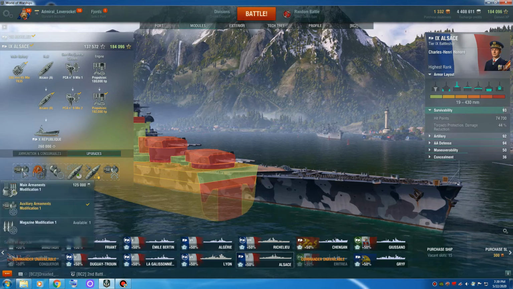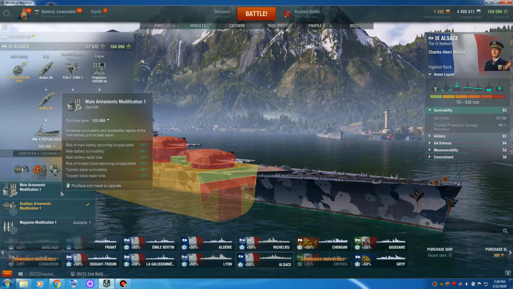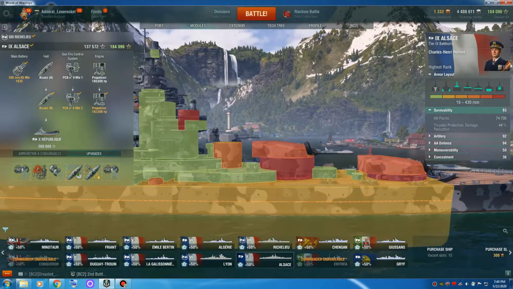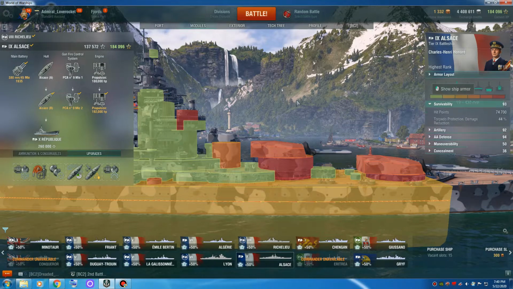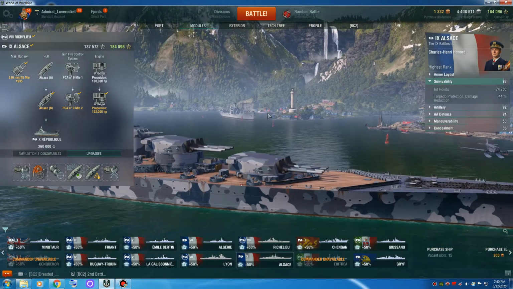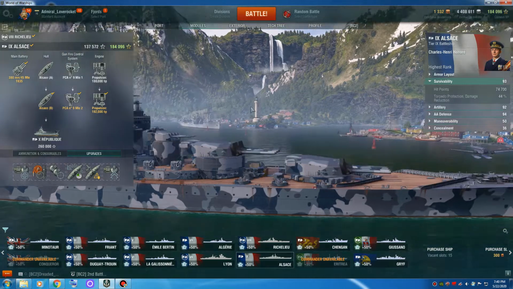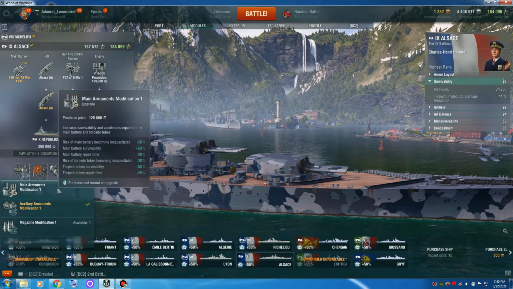I run Auxiliary Armaments Mod 1. Yes, you really should be running Main Armaments Modification 1 because the main battery turrets are flat-facing on the front. You will find in this ship that you lose your main gun turrets to large caliber enemy shells if they're firing dead onto your turrets quite easily. So taking main armaments as part of a main armament build used to be absolutely essential in this ship. Nowadays, for me,